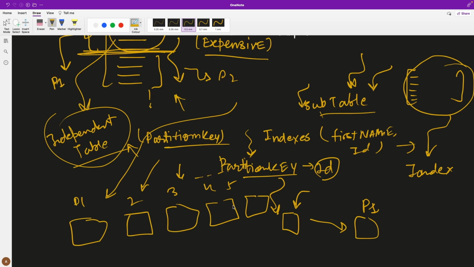So again, you see the problem in this situation, right? Now the latency of this read request becomes very expensive if you do not provide the partition key.